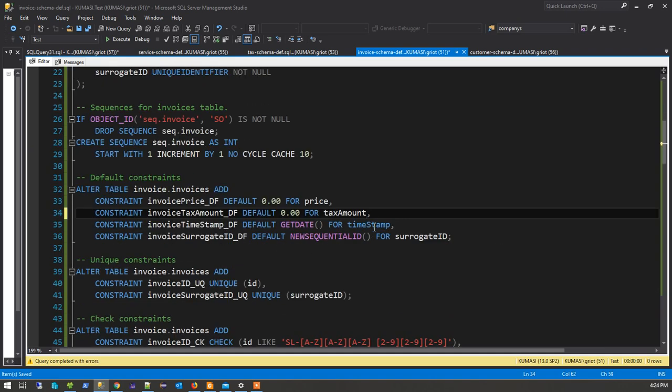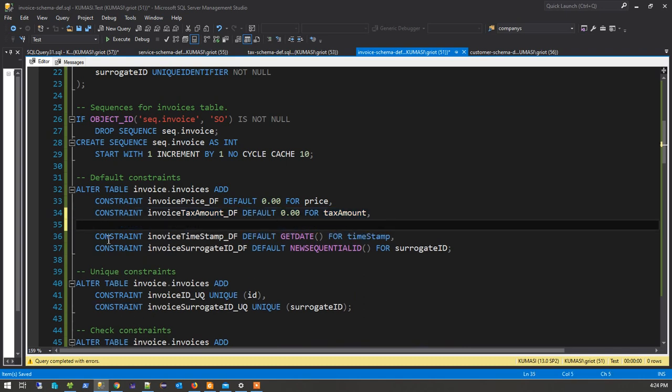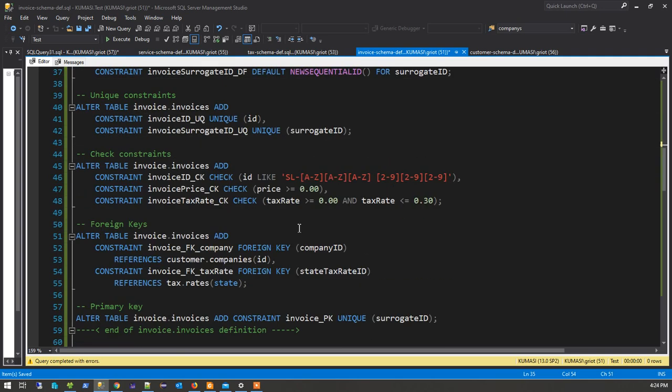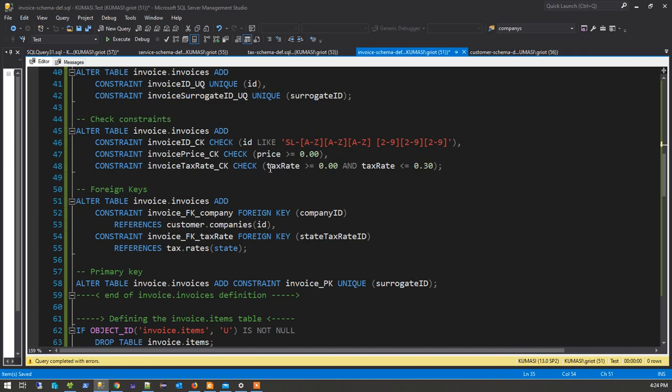And I'll do Control C. I want to do Control V, and I'll invoice total. I should do